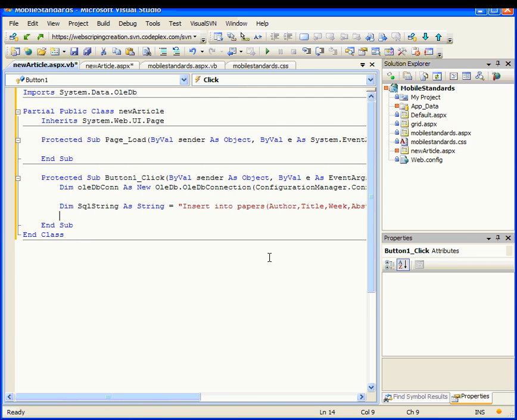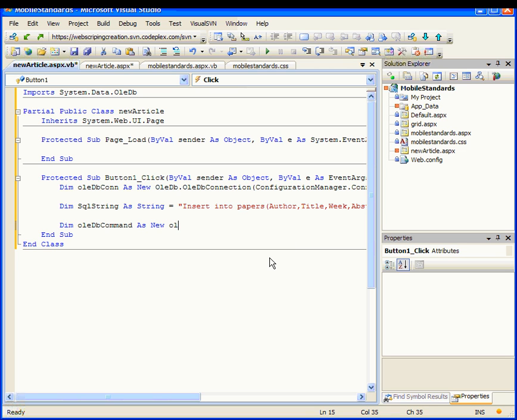Having created that stub string, now we can create an OLEDB command object, which is a thing precisely for building and executing the database query which will put the values into the database. So here we go. We say something like this: dim OLEDB command as new... no, sorry, this is wrong. Let's create a value. So dim cmd as OLEDB command equals new